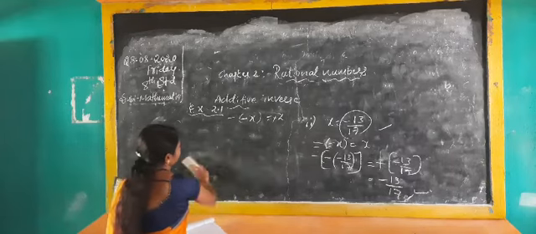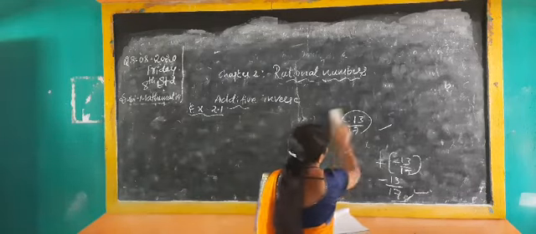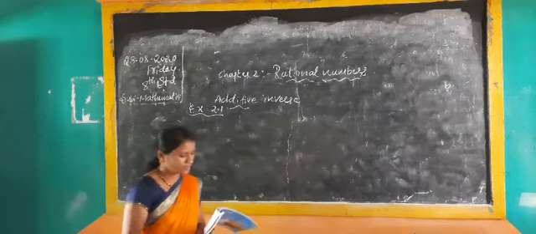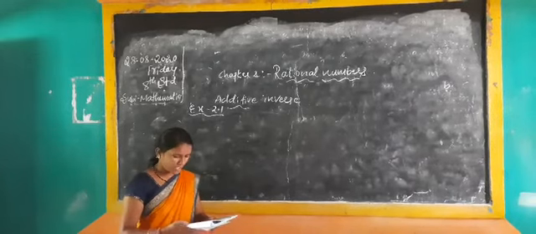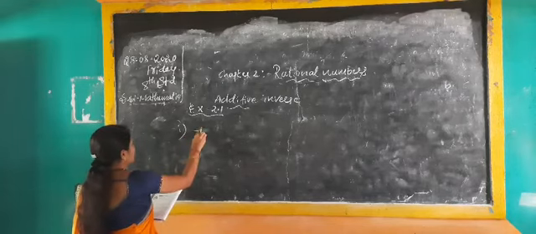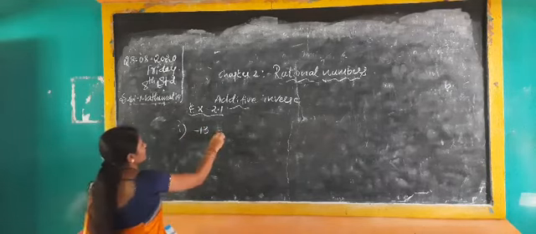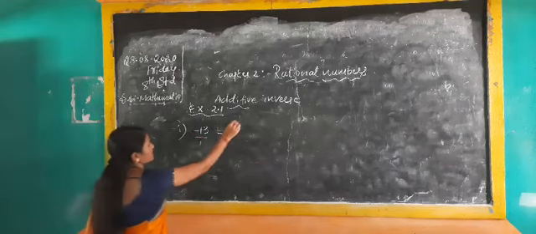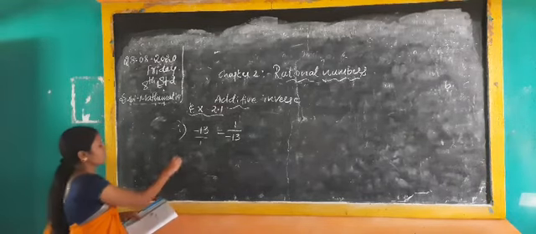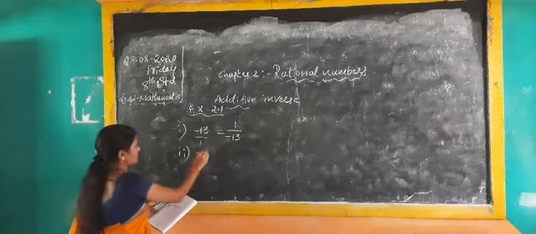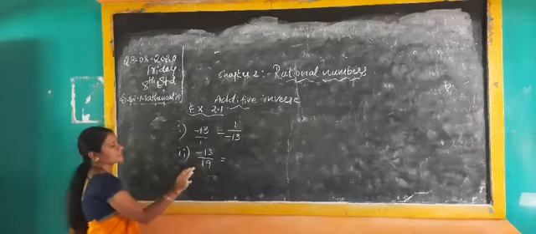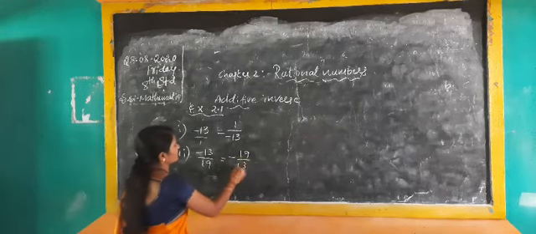But in multiplicative, I said multiplicative identity should be 1. Okay, here for main, find the multiplicative inverse of the following. That first one, 13, minus 13. Multiplicative inverse means reverse, means 13 by 1 we are writing as a fraction, here 1 by minus 13 is the value. Okay, next, second one what is there? Minus 13 by 19. I said just you have to write the reverse. Whatever is the sign, that you have to keep, write 19 by 13 reversed.